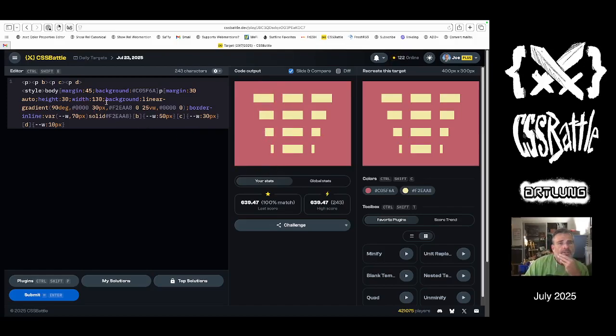And so what's the pattern in terms of the widths of those things? We get 70, 50, 30, 10. So minus 20, minus 20, minus 20, which actually lets you do